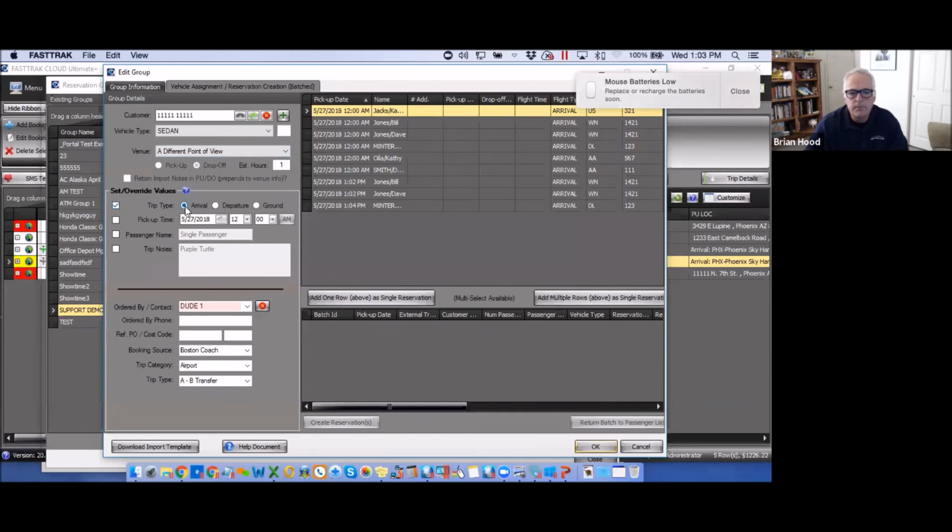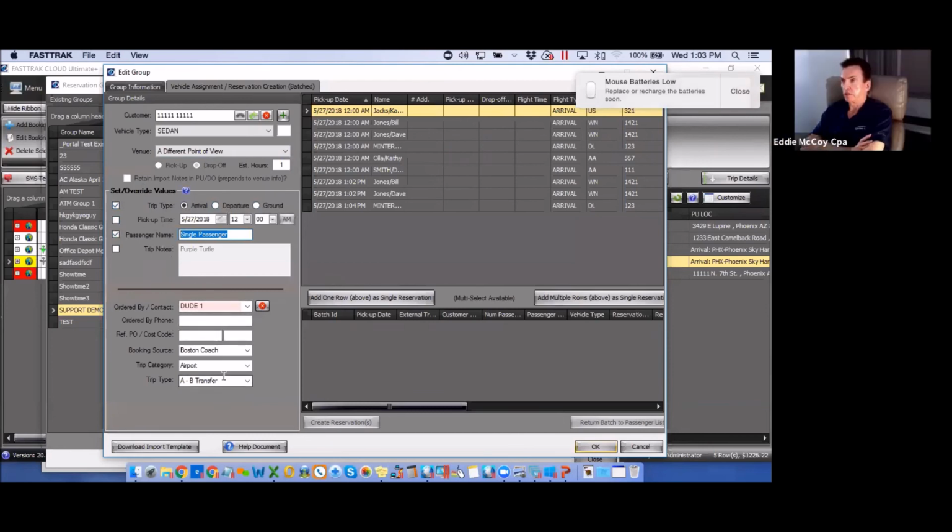Trip type, arrival, departure, or ground. Pickup time, if they're all uniform times, or in this instance, I'm going to be utilizing these. Passenger name, I can change a passenger name here. It may be the ABC group. Ordered by. Brian, point out that the selection of the venue is so that you get proper addressing and GPS